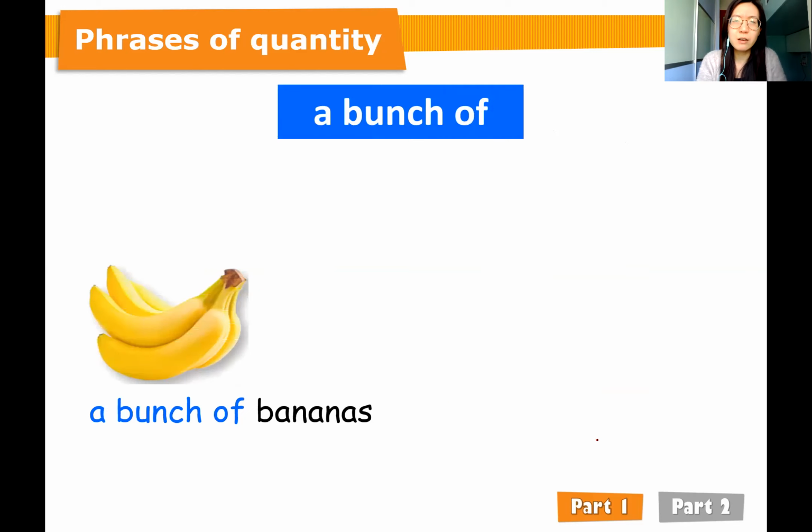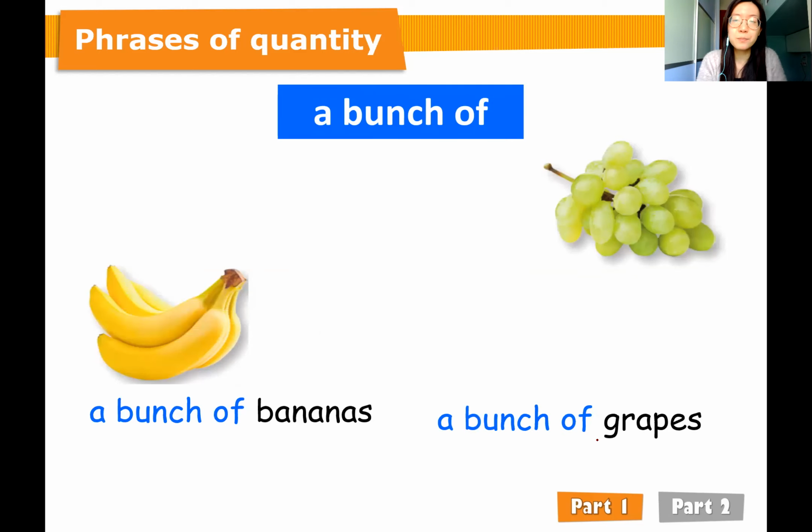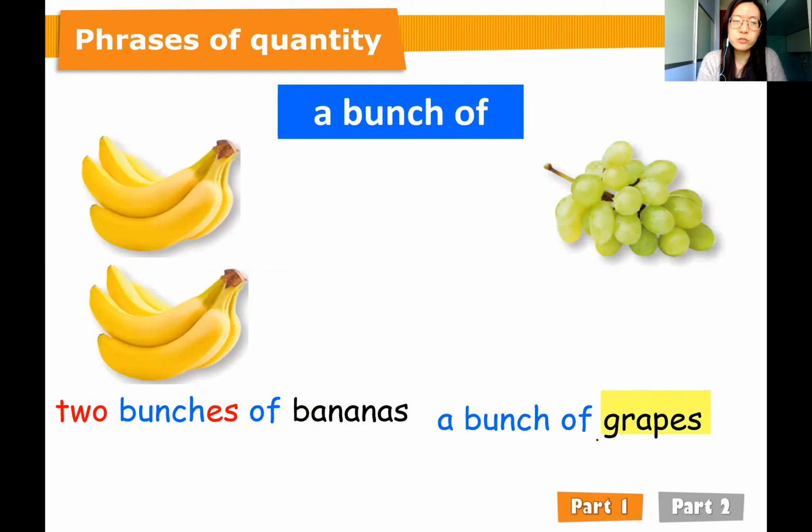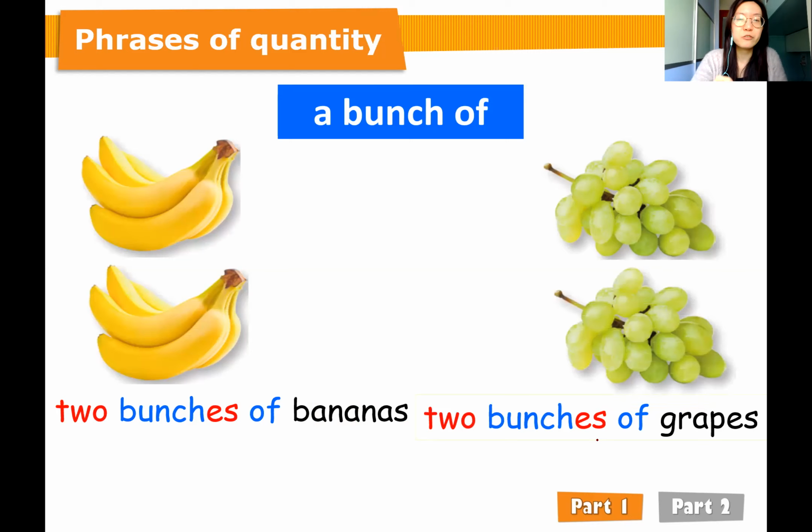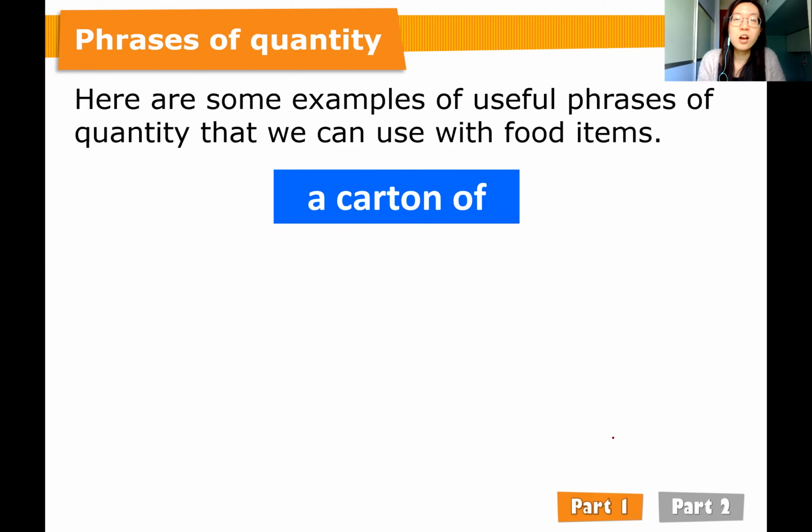All right, next. How about 2? How can we say in 2? A bunch of bananas, a bunch of grapes. How about 2? Oh, 2 bunches of bananas, 2 bunches of grapes. We can add es here because after ch we have to add es. Because they're countable, 呢度數到㗎嘛, countable, so we can still use s here. 因為呢個數到嘅，所以呢度可以 s， 呢度都可以 s， 而呢度都可以加翻 s。